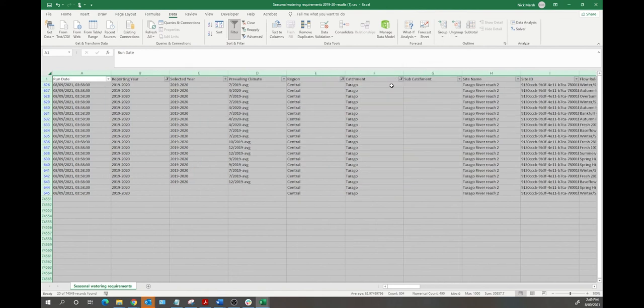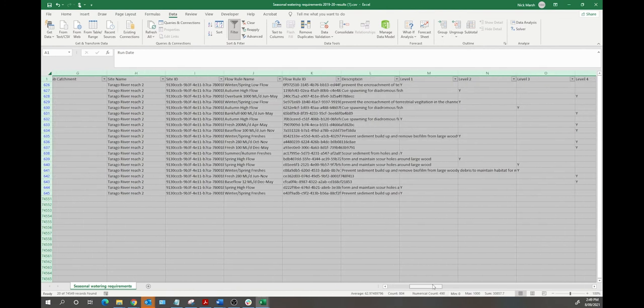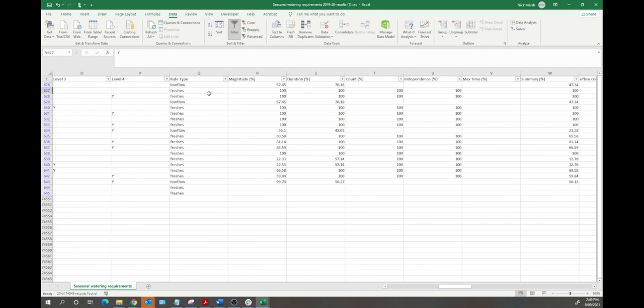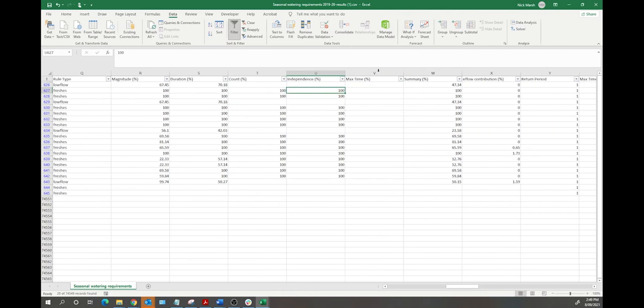And those flow rules have a name, they've got an ID, they've got a description, they've got whether they're level 1, level 2 or level 3 reporting rules. They've got the type of flow rule, low flow, freshers or more, and then the overall score for that year for the magnitude, duration, the count, and the independence. So this is a low flow rule, so low flow rules only have magnitude and duration components, and then freshers have a magnitude, duration, count, and independence component. And then max time relates to a multi-year rule, and then this is the overall score for that flow rule